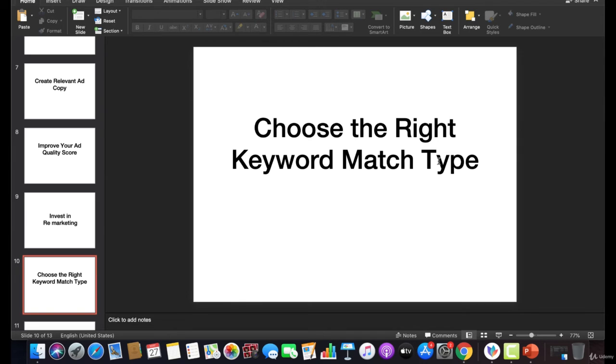Now I'm going to share a few more things. There are also keyword types, not match types. There will be some purchase keywords, like buy DSLR camera, buy Canon camera, or Canon 100D, 200D cost or price. Those are purchase keywords. And there are informational keywords as well, like Canon 200D specification, Canon 200D requirement, Canon 200D features. And what are brand keywords? Like Canon 200D, that's a brand keyword. Canon DSLR camera, that's a brand keyword.